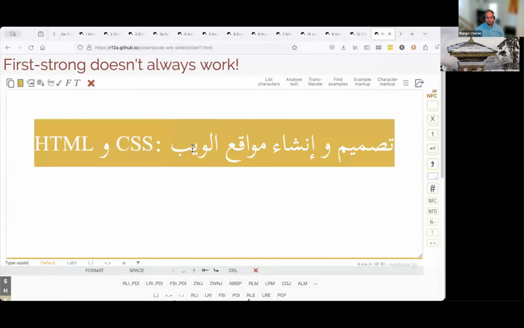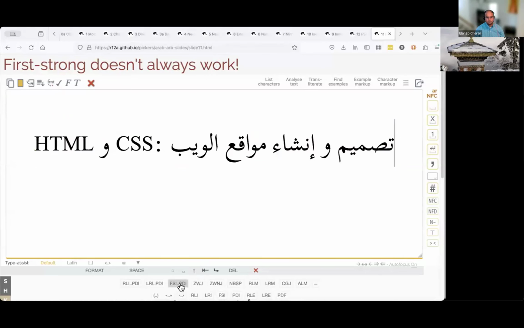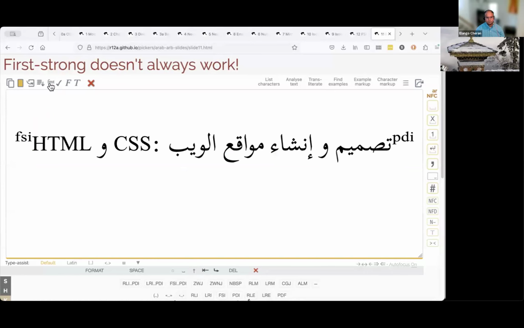So, okay, it's assumed that perhaps we're dropping this into a list of publications. So let's apply our FSI and PDI, and nothing happens, right? It's there. Well, that's because the FSI is looking for the first strong character, and then it's applying the base direction on the basis of that. But the first strong character is an H, which is left to right. So it doesn't get it right. So what do you do? Well,